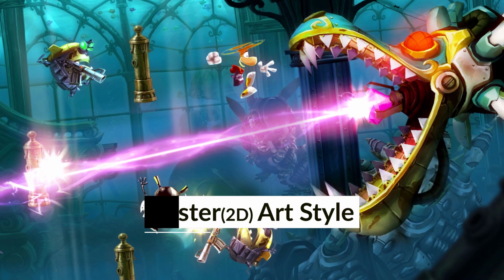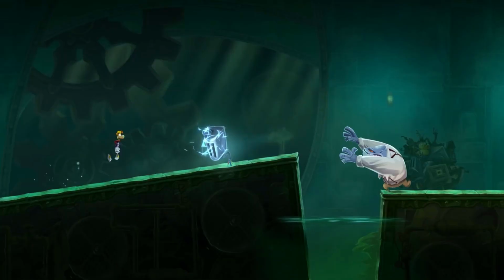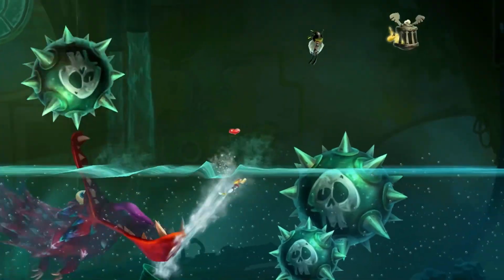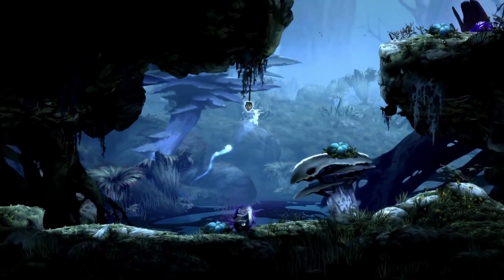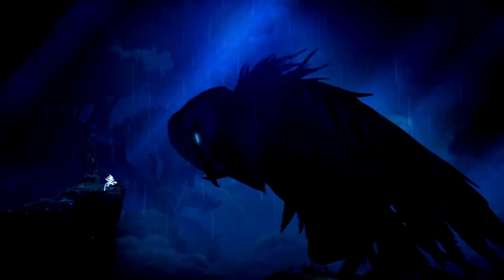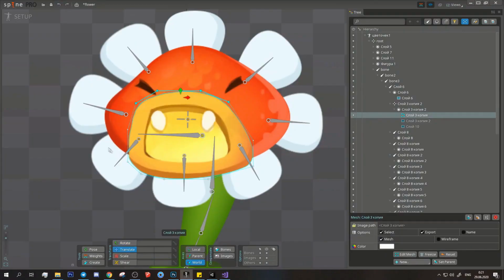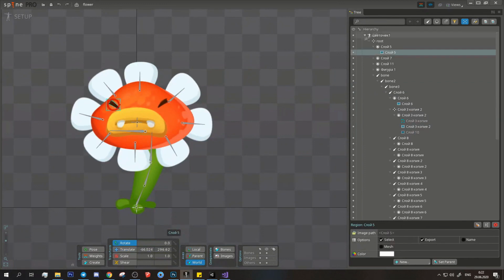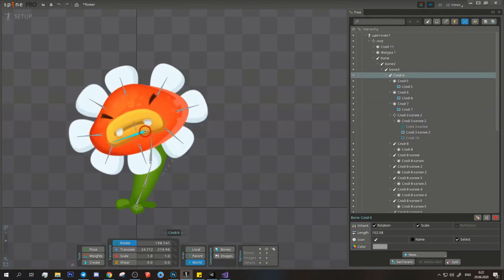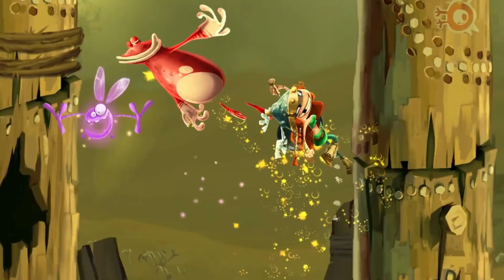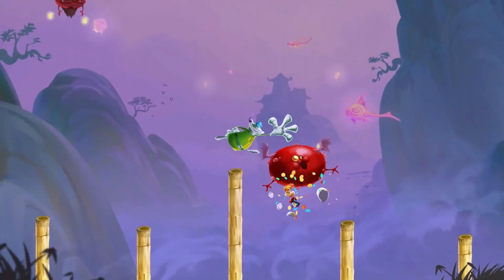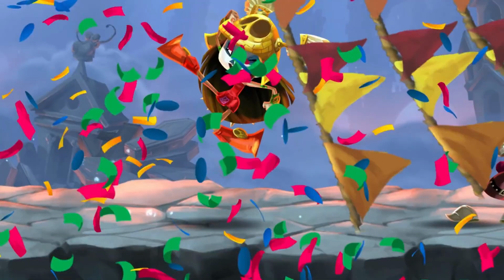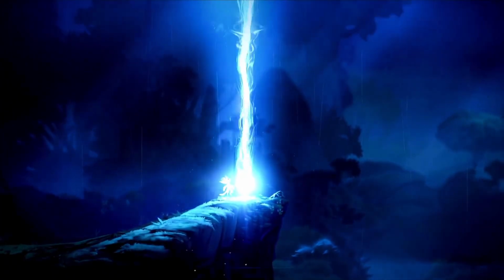Raster art or hand painted 2D. Some good examples of raster art are Rayman Legends and Ori. It is like a digital painting and it can take more time while making this art but less time while animating it. Even if you are doing it frame by frame, compared to pixel art, you can rig this art form without much trouble and can have cool animation. This art usually is eye pleasing if done correctly. Every art can be eye pleasing if done in a decent way, but it has its own charm.